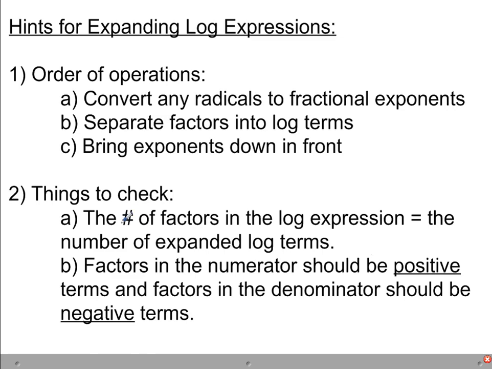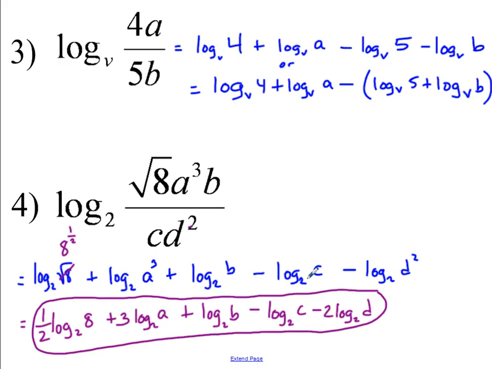Things to check. The number of factors in the log expression has to equal the number of expanded log terms. Finally, factors in the numerator are positive terms. Factors in the denominator should be negative terms. We saw it in our last example. The c and the d squared had negative log terms. Okay? Well,